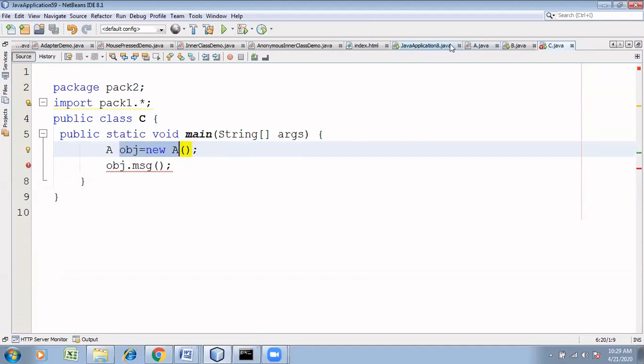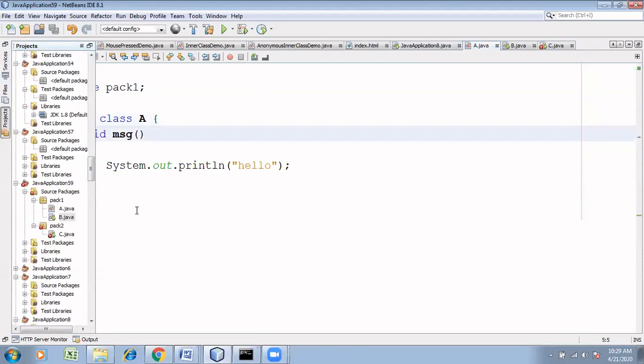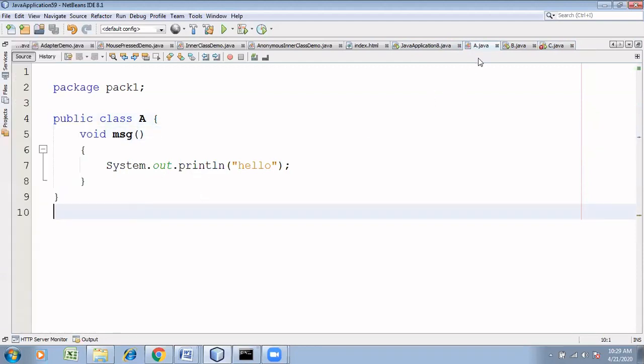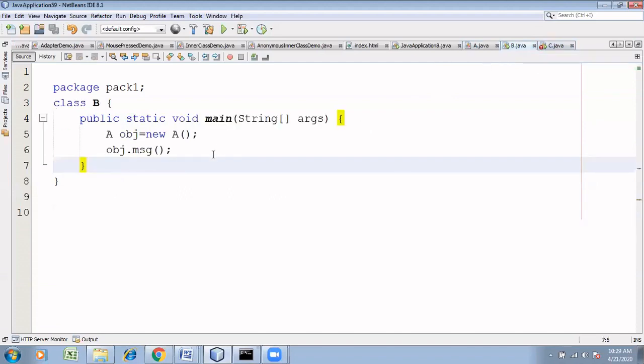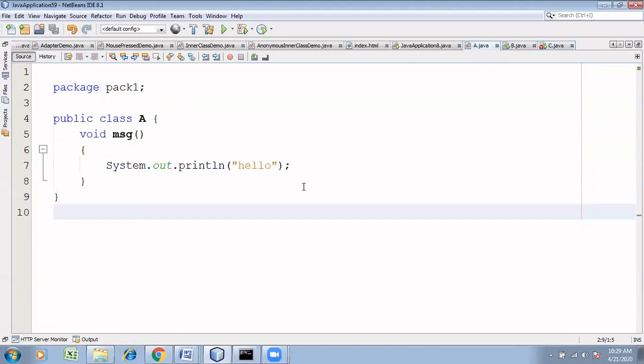Message is of what access modifier? Default. So the access level of the default modifier is only within the package. Outside the package, we cannot access. So in b.java you can access it. However, in c.java, which is in a different package called pack2, it cannot be accessed. Clear?